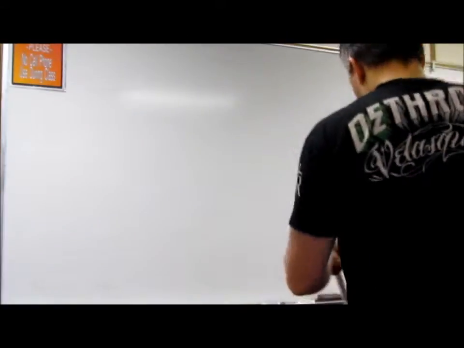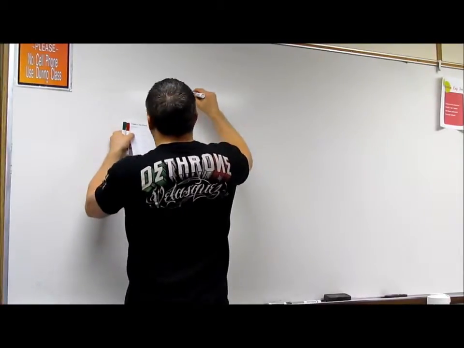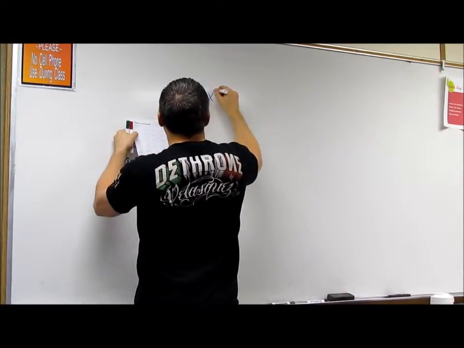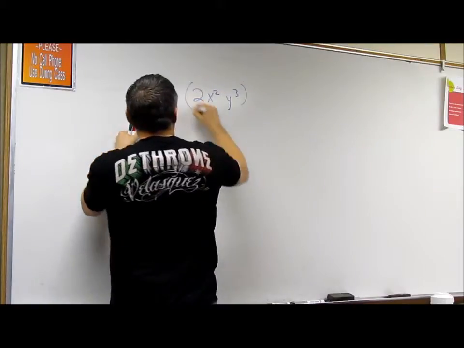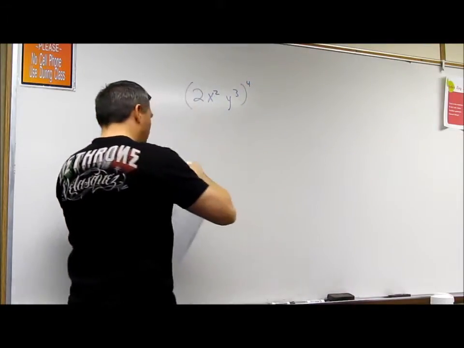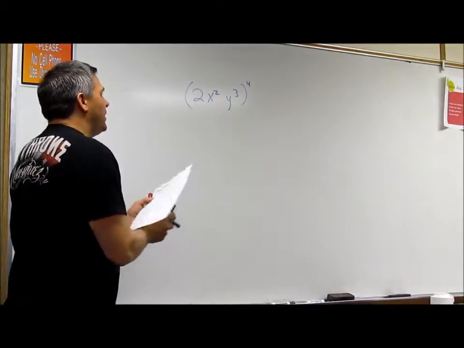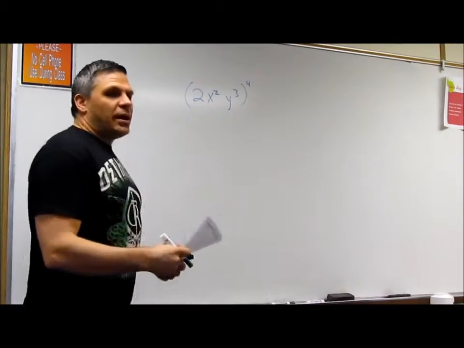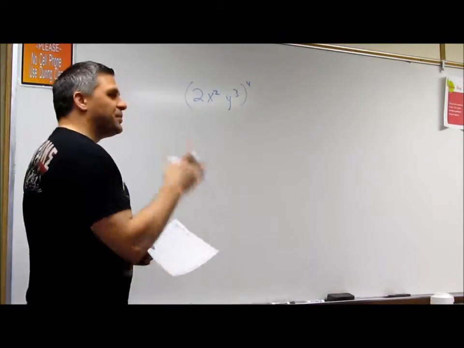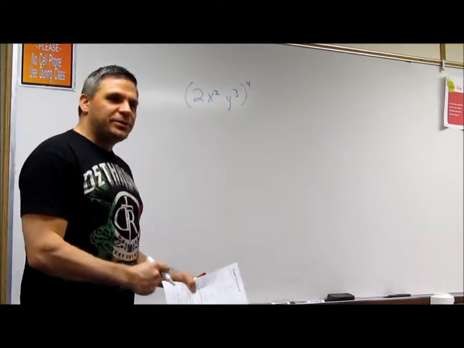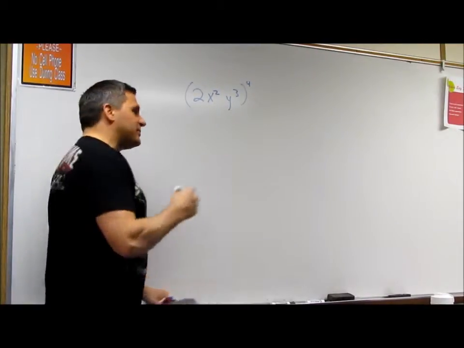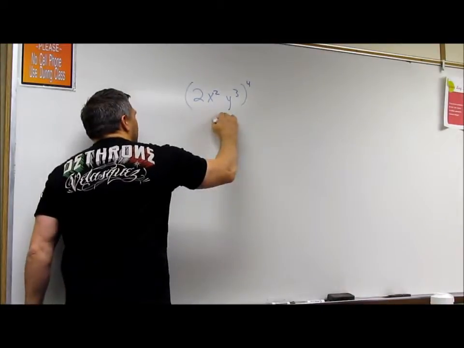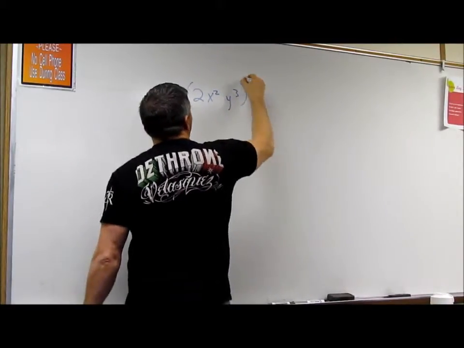All right. Number 2. 2x squared y cubed, all to the 4th power. Well, with this, I've got to do what's in the parentheses, but they're done. So now I do the exponents. It's just the order of operations. Parentheses, exponents, multiplication, division from left to right, addition, subtraction from left to right. But right now the parentheses are done, so I just do the exponents, and so I bring it to everybody